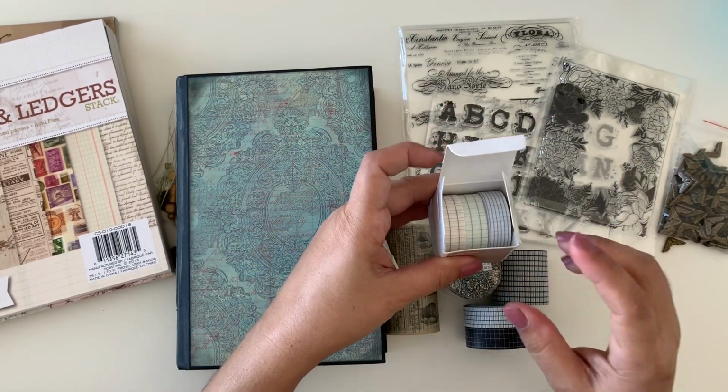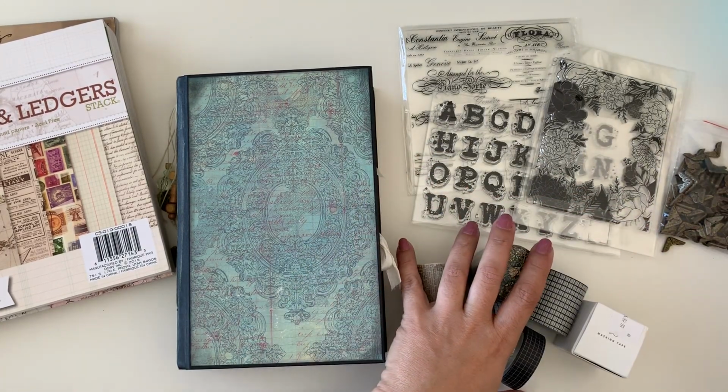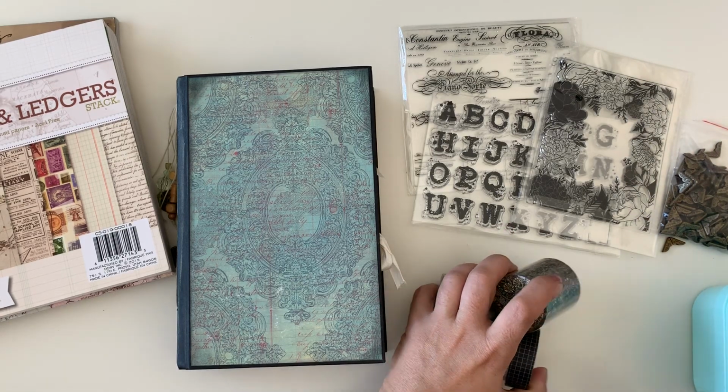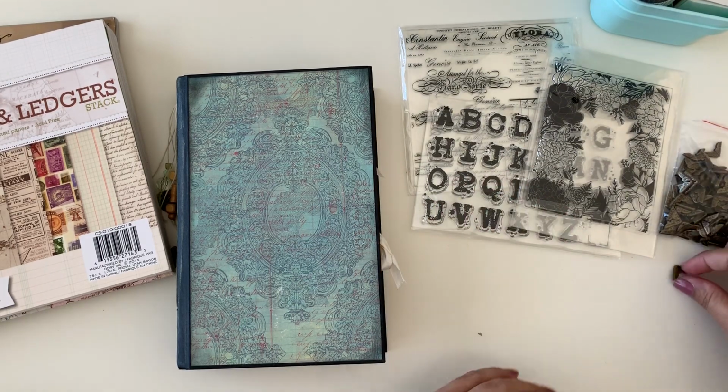And these are going to be perfect to use on the go. So that was all my washi tape. I'm going to put them in here so we can continue. Then I also got some